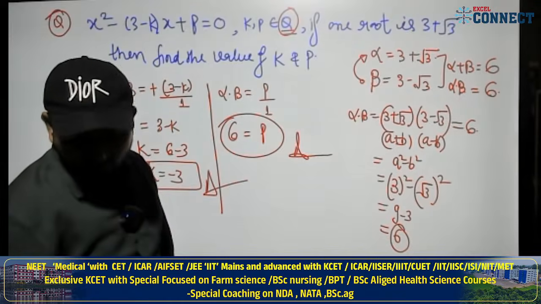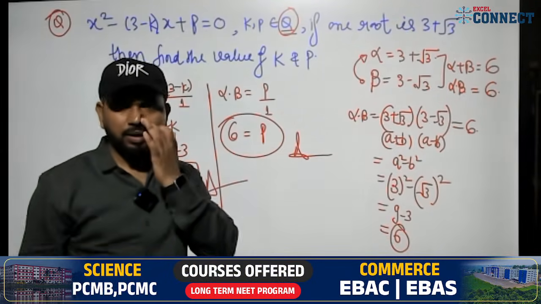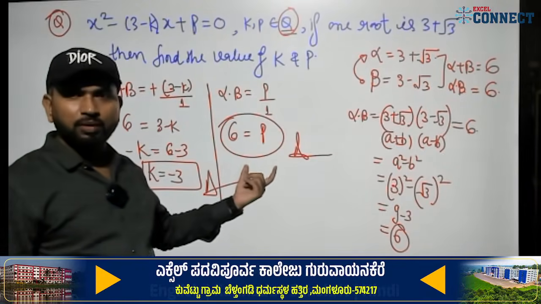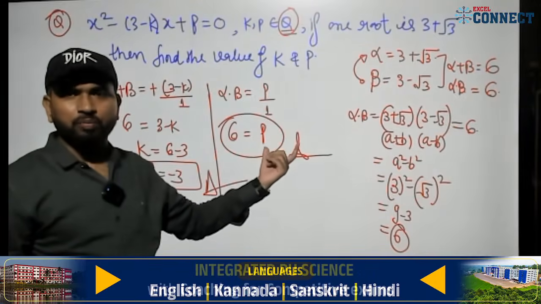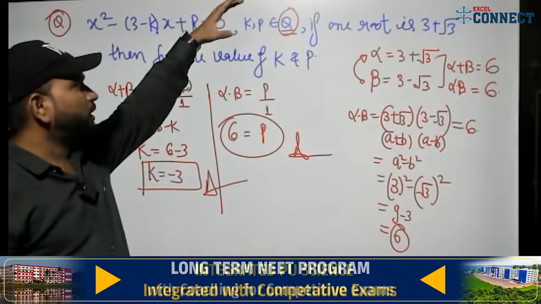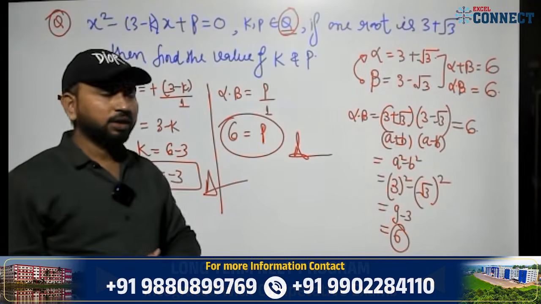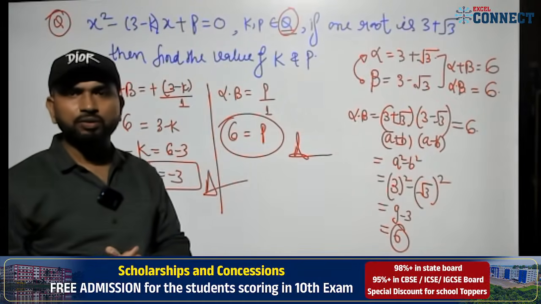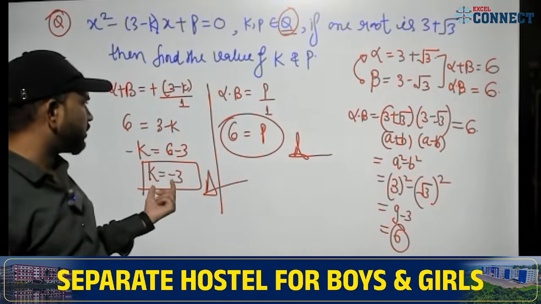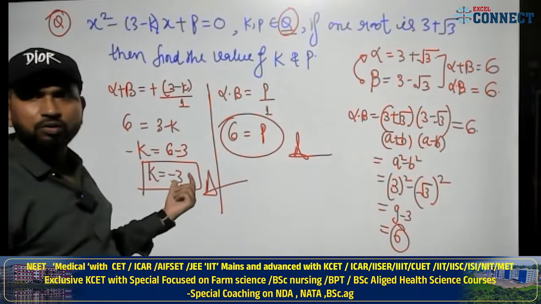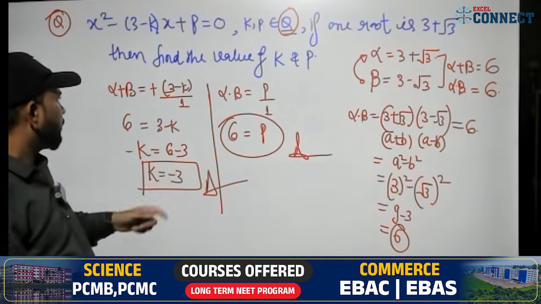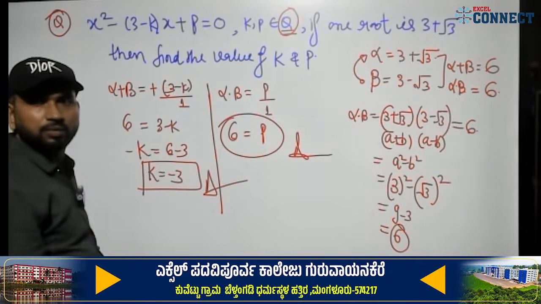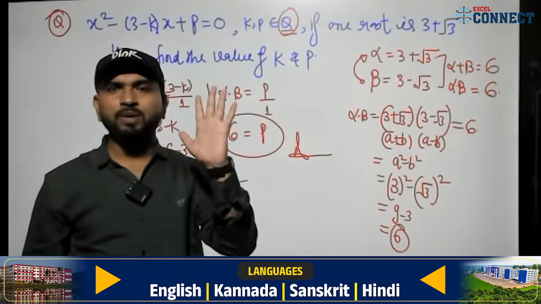Whatever information about the bio class and other classes, our team will update soon, no issue. If tomorrow's class comes, mostly it will, I will discuss the iota topic. Your answers came. Up to here, any doubt you can comment, I will answer. Are you understanding everything? Some said k is equal to 3, p is equal to 6. The answer is correct, but k is not 3, it is minus 3, because minus k, this side goes 3 only, so minus 3 will come. Tomorrow pakka 100% iota, don't worry.